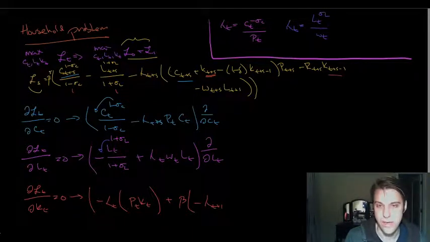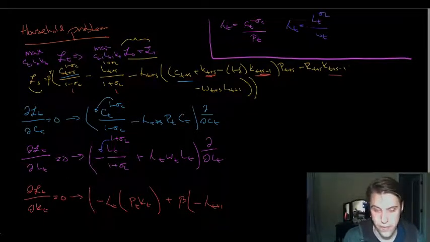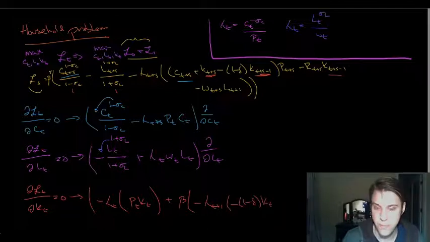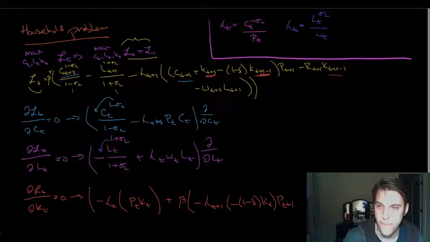We have a kt here, because t plus 1 minus 1 is kt. So this is going to be times minus 1 minus delta kt. And all of this is multiplied by pt plus 1. Okay. And then we have another one here. So we also have minus